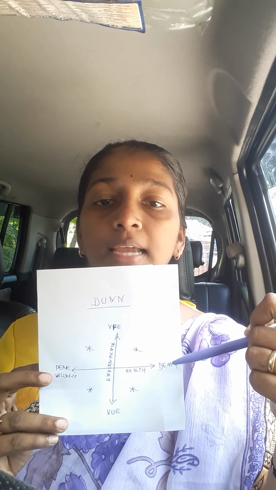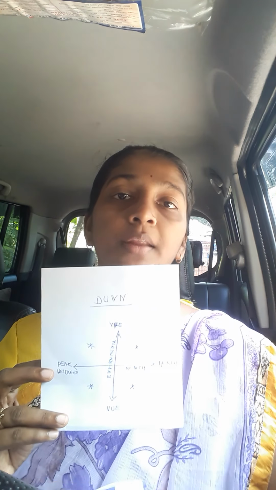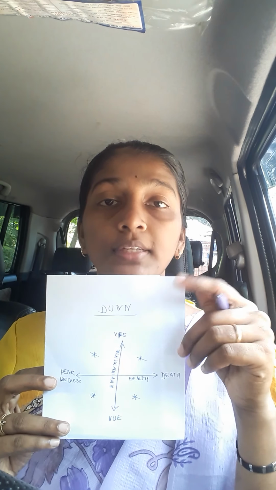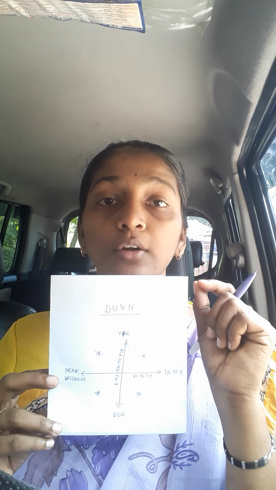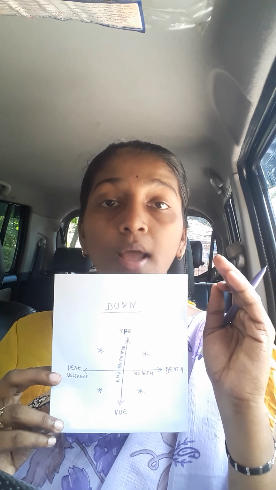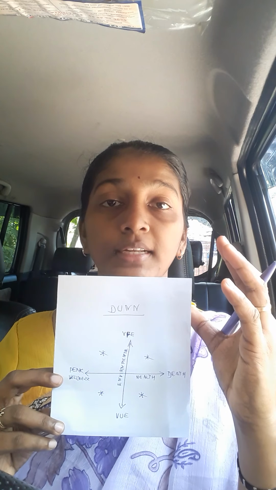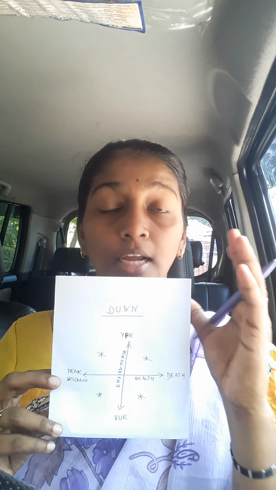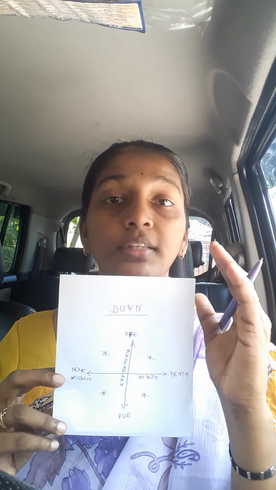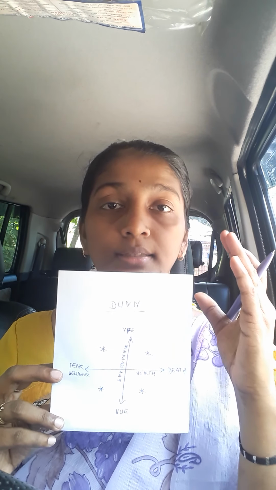Okay, in this Dunn model, a very favorable environment is followed by a very unfavorable environment, and peak wellness by peak death. Now a very favorable environment means the individual lives in a condition where he is maintaining a good health style, and the environment supports his health, like a good physical environment, social environment, psychological environment, good nutritional food, everything. So he is able to improve his health from health to good health, moving towards good health status.